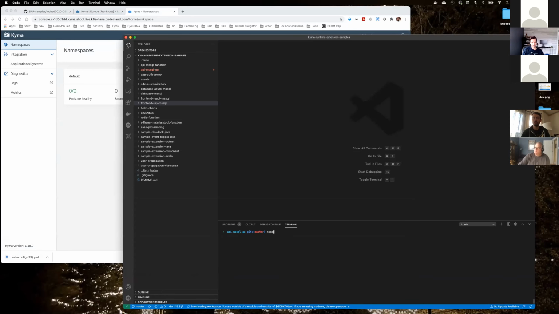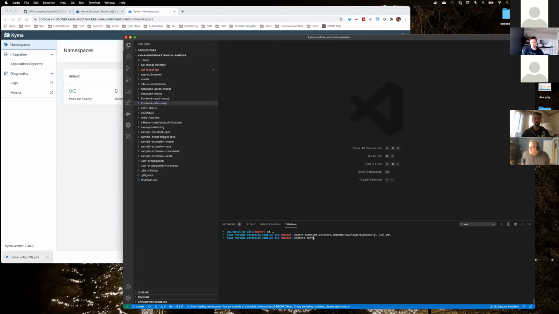And I'm just going to set my kube config value, so I know I have access to my Kubernetes instance, and I can confirm that by typing in